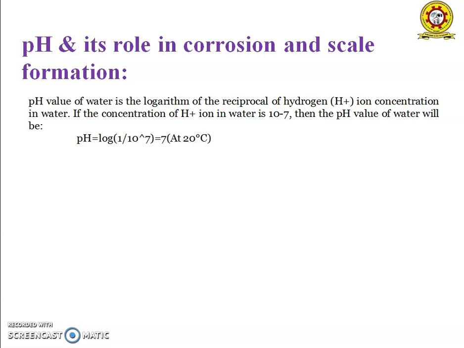The role of pH: the corrosion rate of iron in the absence of oxygen is inversely proportional to the pH value. At lower pH values, iron will be more soluble. The OH- in the water unites with ferrous hydroxide to form ferric hydroxide. The pH value of the feed water should be kept greater than 9.6. Corrosion rate increases due to the presence of dissolved oxygen and carbon dioxide in the water, as the concentration of H+ increases with decreasing pH of the water.